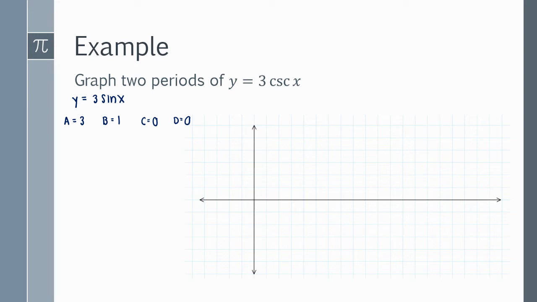Remember, the amplitude for that sine graph is always going to be the absolute value of A, so that's going to remain 3. Our period is going to be 2 pi divided by the absolute value of B. So 2 pi divided by 1 gives us a period of 2 pi. So if we think about those 5 critical points,